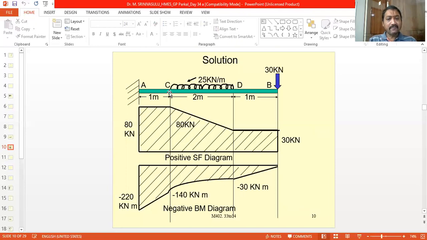But we want the moment from the point A. So we have to add this distance. So that is 1 plus 1, 2 meters. So 2 meters into 25 into 2, 2 meters into 50. So it gives,